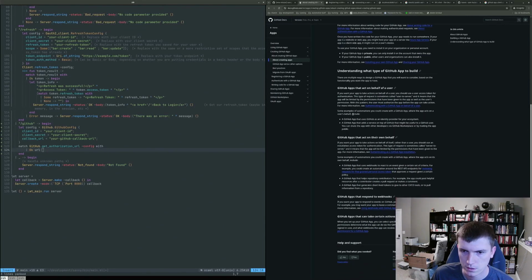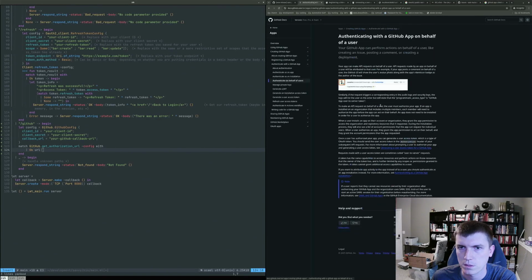Active app user. Authenticating. Active app user. Would you have to take actions on behalf of itself rather than the user? You should use an installation access token for authentication. I think this is the one that's going to be what people are using to sign into stuff. Yeah, GitHub, the one that uses GitHub as an identity provider. Okay, so that's this one. Let's go here.